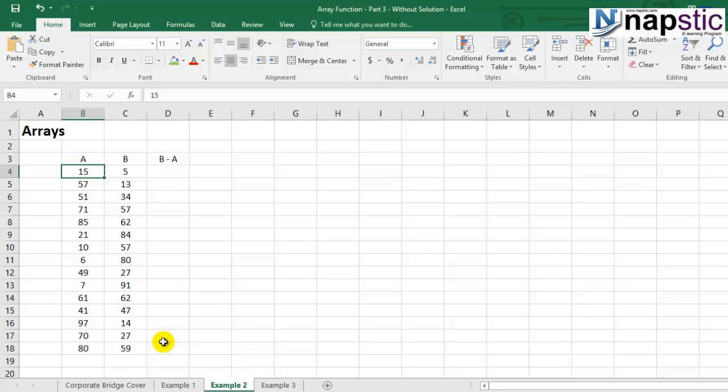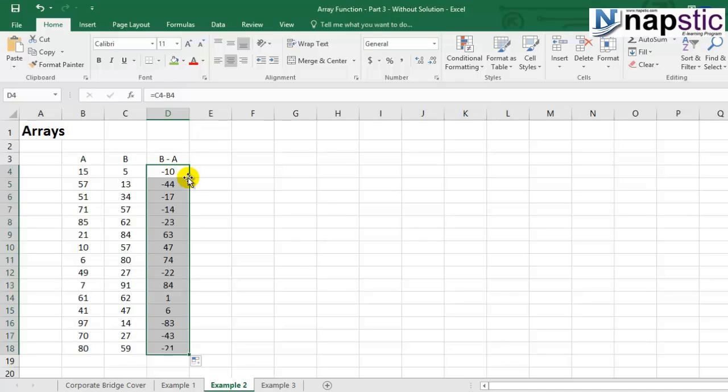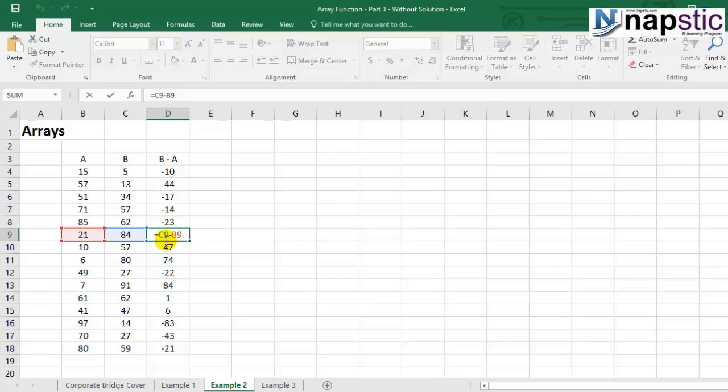Now the traditional approach over here is going to be very simple. We usually do B minus A. That's it, and we get the answer. If you want to use it for the entire column, you just need to double click on this plus sign and you'll find that the formula is in place for this as well. And we have got the difference between the two very easily.